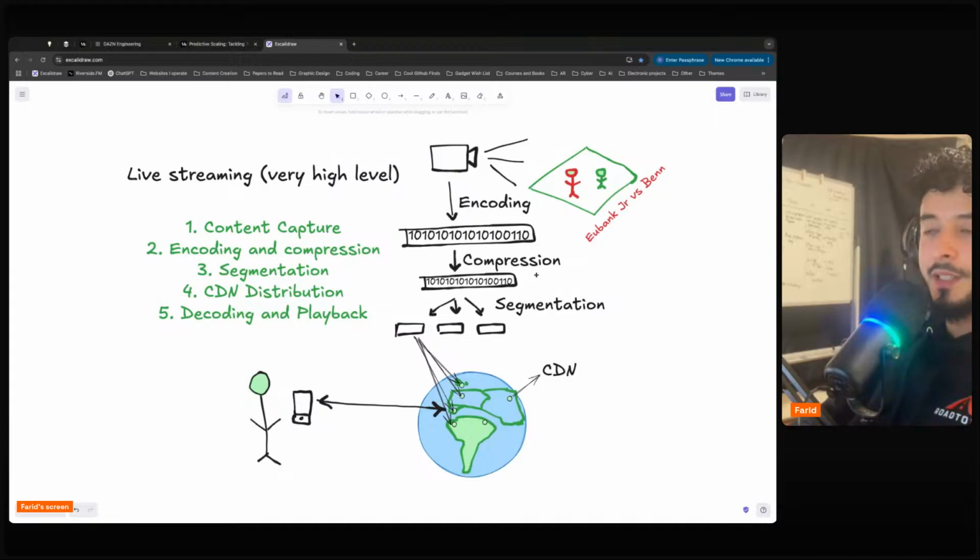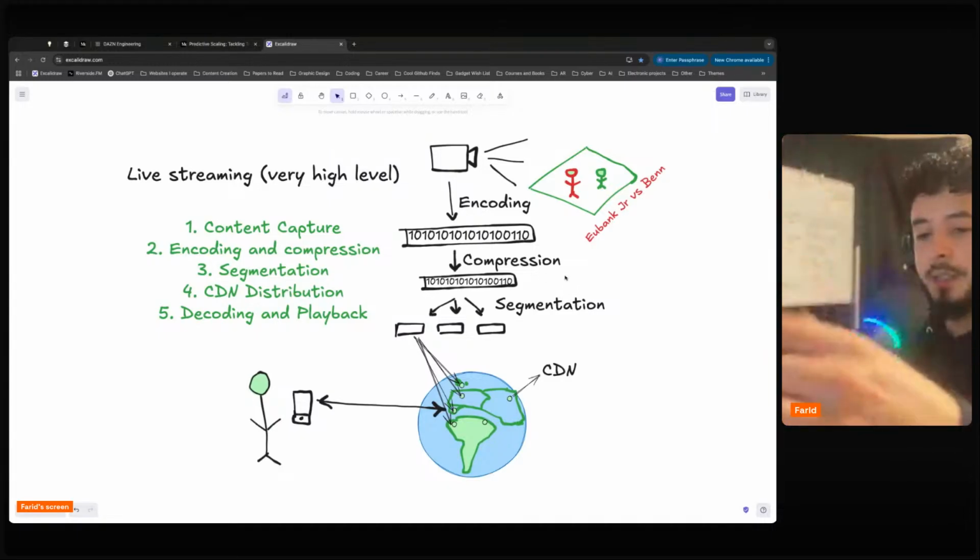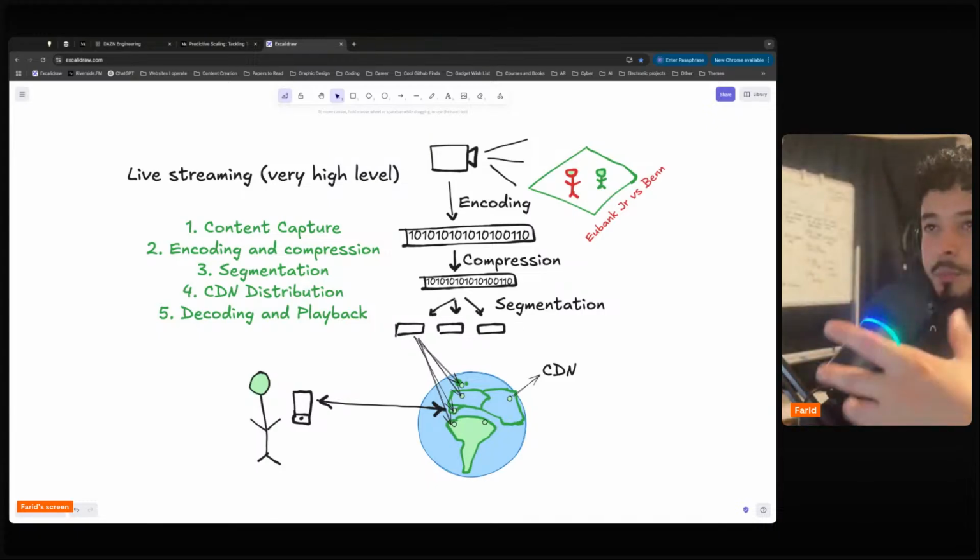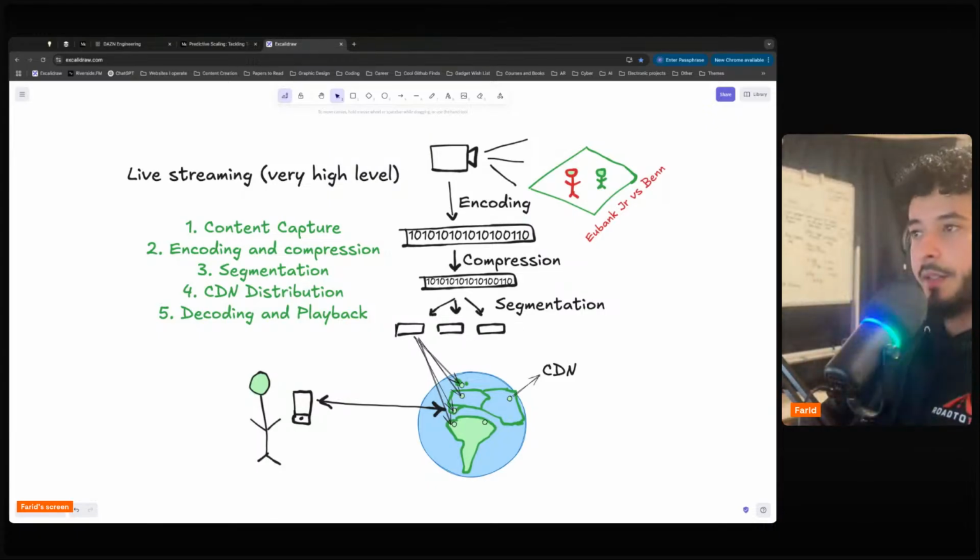If they didn't have this machine learning team that built this predictive scaling tool, they would spin up as many servers as they can to handle 10 million concurrent viewers seamlessly. Number one, that is very inefficient. Number two, it's very expensive, because what if 10 million concurrent viewers don't come? Then you've just spent a bunch of money for no reason.